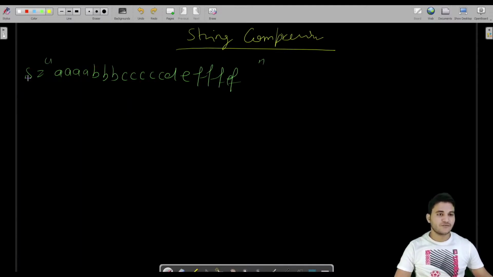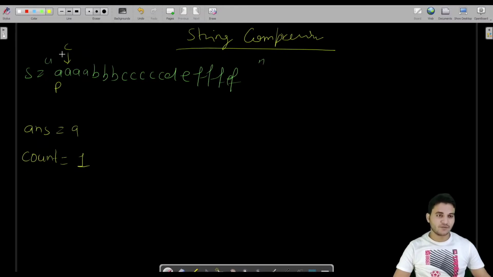So the logic is going to be very simple. We'll have two variables. Let us say one is answer. Initially the answer would be pointing to the first character, let us say A, and we'll have another variable called count, and the initial value for count is 1. Let us say two pointers, one is pointing to this one and another is pointing to this one. This is previous and this is current.